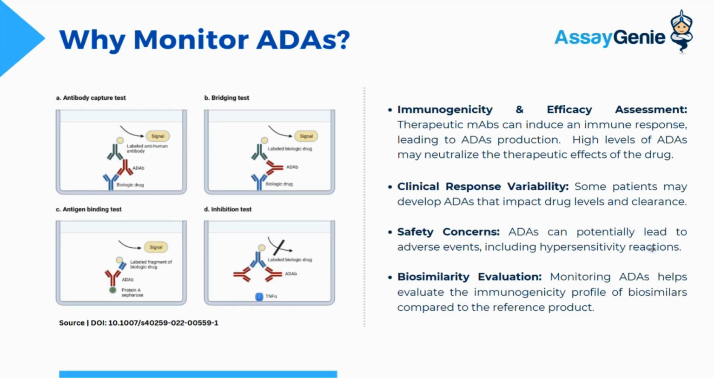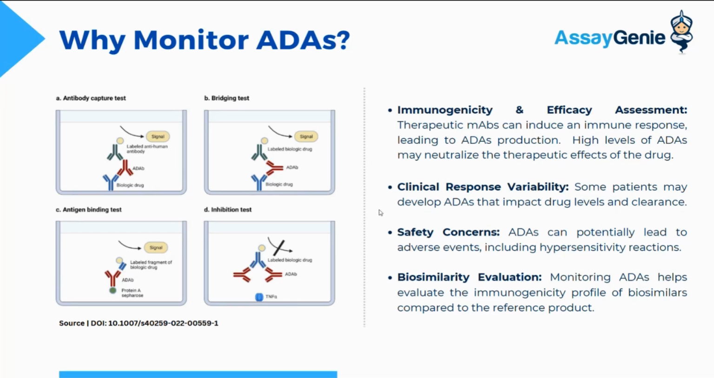But this then raises the question of why should we monitor anti-drug antibodies? Well, monitoring ADAs is very important for immunogenicity and for efficacy assessment, where therapeutic monoclonal antibodies can induce an immune response, leading to ADA production, and high levels of ADAs may neutralize the therapeutic effects of the drug. Secondly, it's very important to monitor ADAs for clinical response variability, where some patients may develop ADAs that impact drug